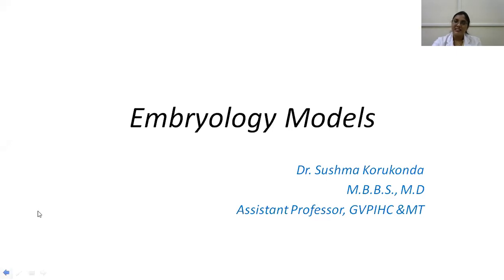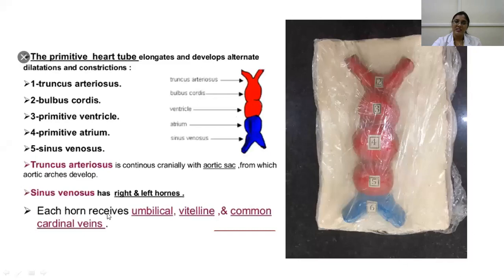So embryology models, till now we've covered in these online classes the head and neck, then the CNS development, as well as the heart development. So I'll just show some models and a few points related to it. This is a practical class, which you should be knowing the answers by now. I just put around 12 pictures of 12 models that are available in our department.